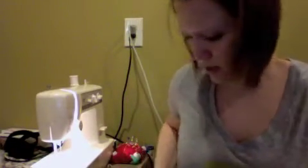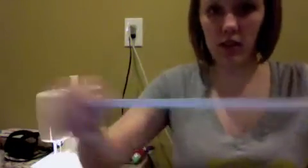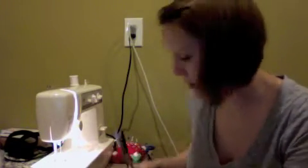So I'm going to take the elastic and I'm going to basically put it around the area where I think it's going to go. You might want to pull on it a little bit to make it a little stretchy, because what's the point in having elastic if it doesn't stretch around you a little bit? Okay, so I'm going to put this much elastic in there. Okay, it took me forever to figure out a good way to put them in there, and it's really ghetto, but I took a bobby pin